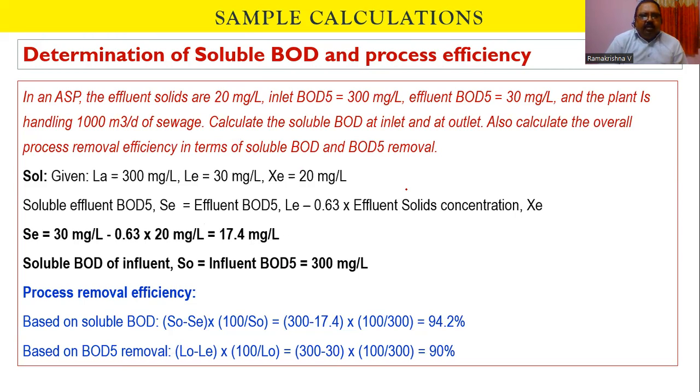And that's the reason we take up small sample calculations in this video. The first calculation we take is design determination of soluble BOD and process efficiency. The soluble BOD is a term which is different from influent BOD. The influent BOD is the total BOD, where the soluble portion is slightly different compared to the actual BOD5, which we determine in the lab. So inlet BOD and soluble inlet BOD both are similar, but after the treatment is completed,